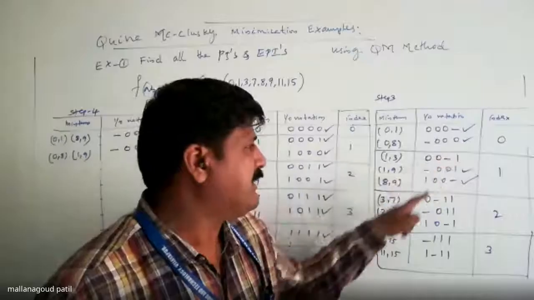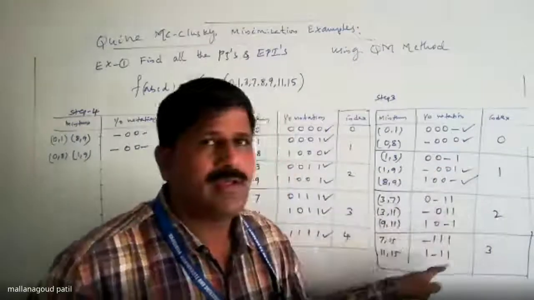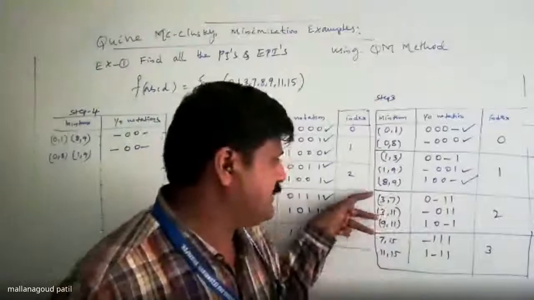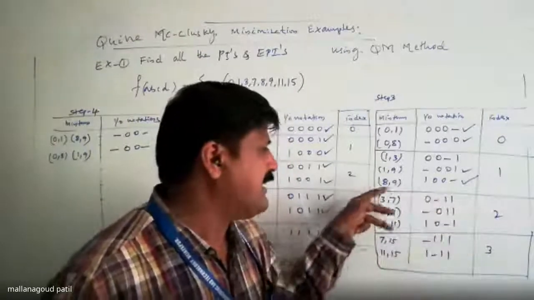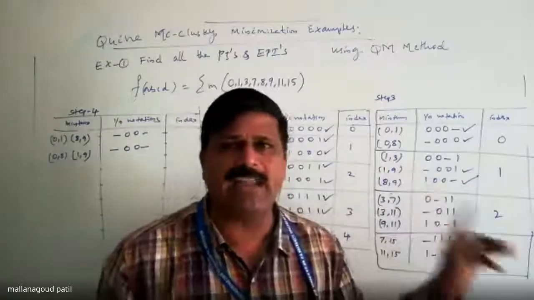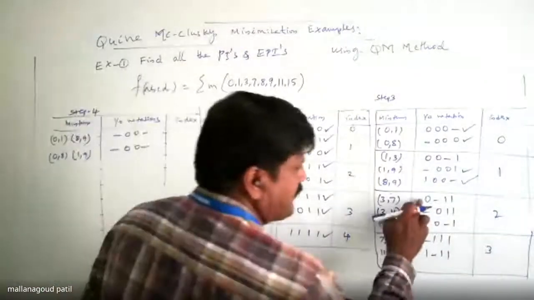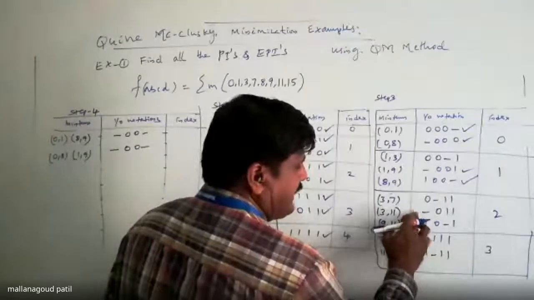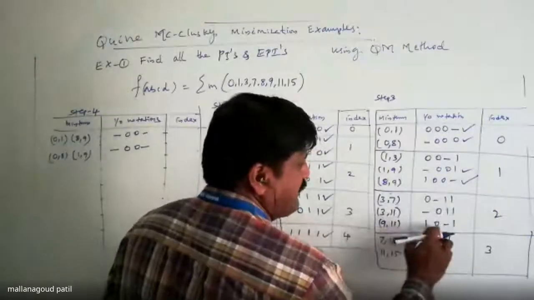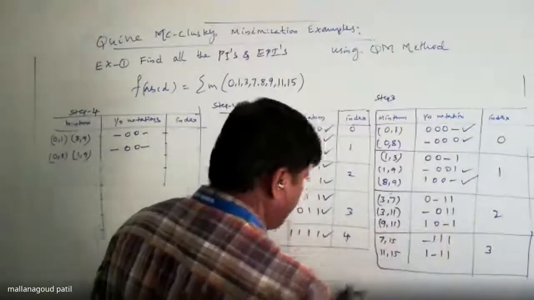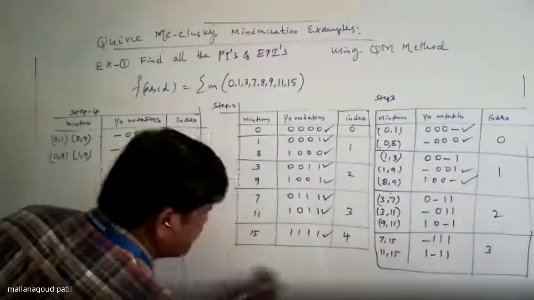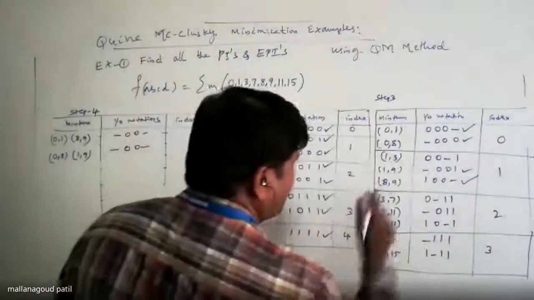Third bit. Then in index 2, how many minterms do you have? 3. In any index, third bit dash you can check. First minterm, second bit dash, 9, 11. Then 3 and 11 ignore. 9 and 11 you can check here. 9 and 11 will be third bit dash. Then what I am doing, 1, 3